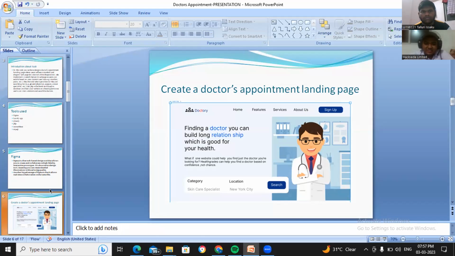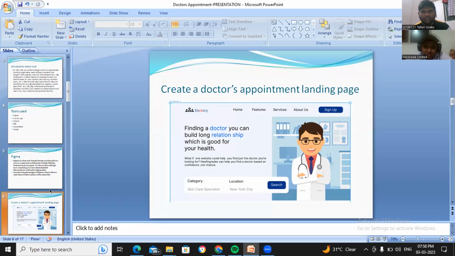And I have a simple navigation box so that users can navigate within my page. When I'm scrolling down, I don't want to go to the top by scrolling. I can just click in the navigation bar, suppose Home, and jump to the very top of the page. And I have a simple form with category and location. The user can enter their category and location and click the search button. It will give them a list of doctors below by creating a new div. That is just a simple explanation of three lines that should be included. You missed that, but your design is really, really good. The colors are good. Your color palette is really good. The themes are like finding a doctor and building a relationship.